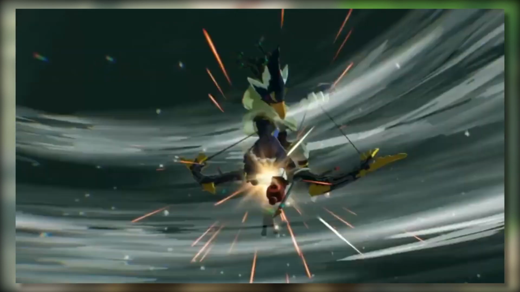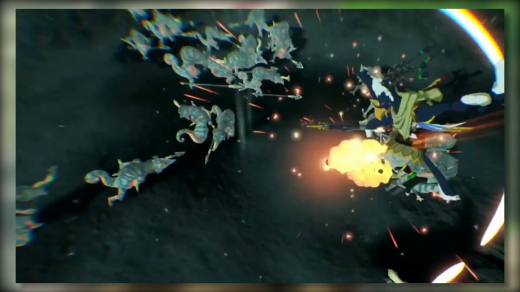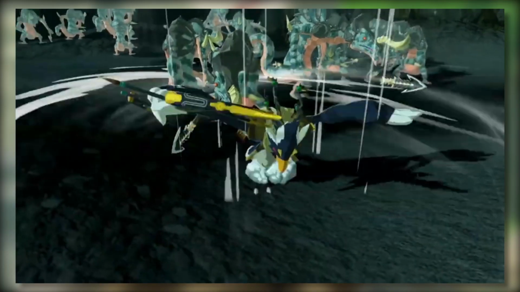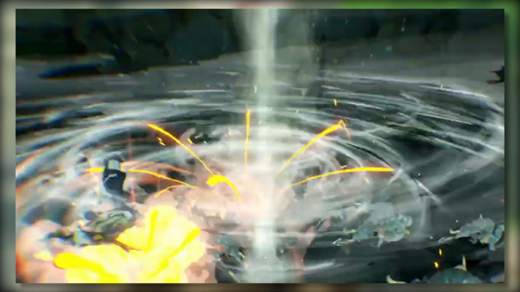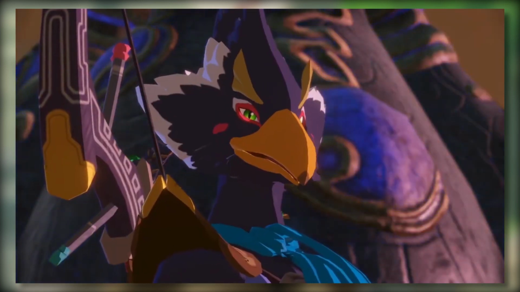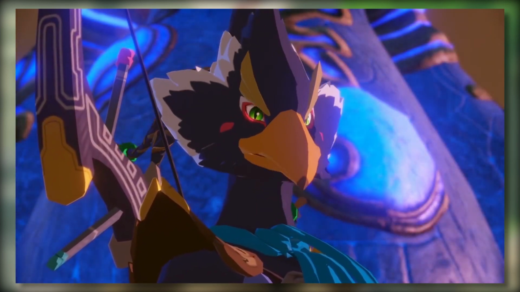And we finally get to have a look at his champion's ability as well, Revali's Gale. He goes up into the air with the help of Revali's Gale and then shoots multiple bomb arrows down at the Lizalfos. And these scenes with Revali finish with him standing on Divine Beast Vah Medoh, once again seemingly talking